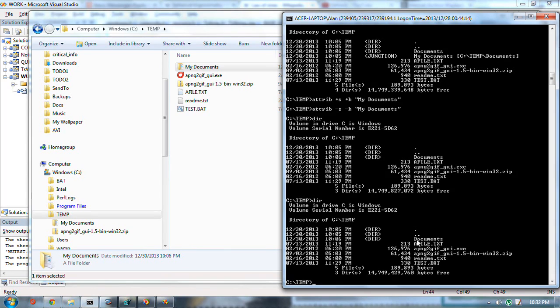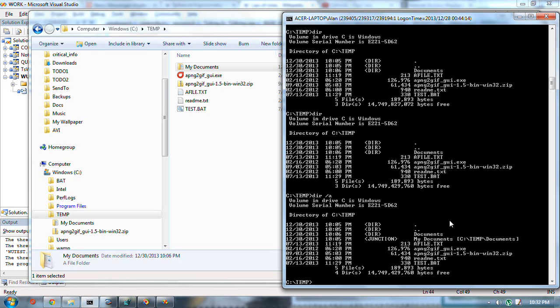But there's nothing called My Documents in temp. See, it's called documents. I'm trying to make things simple by just copying the same words. And there's a junction called My Documents in temp. Now here's the weird thing. At least at the command line, you can't hide this here. You have to use